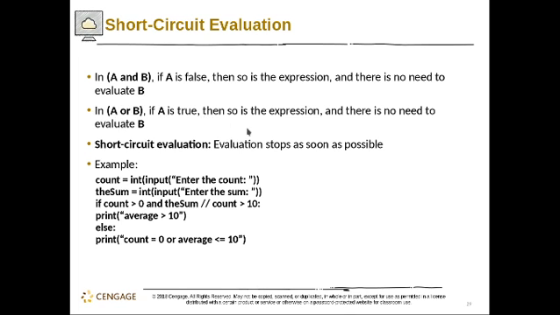In the A and B, that specifies that both A and B must be true. So if A is already considered false, then the whole statement becomes false. So that's a short circuit evaluation. It actually helps us in shortening the computation time, because it will just skip the next statement if the condition is already met.